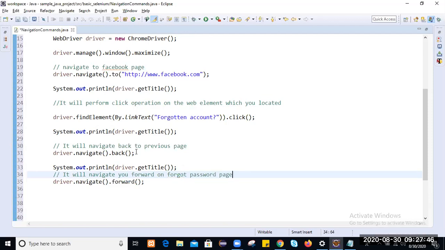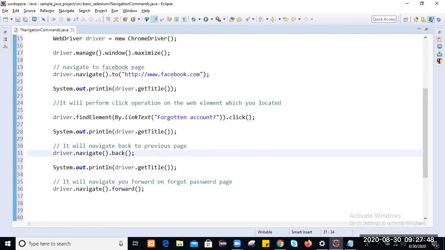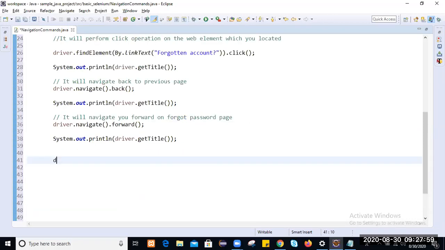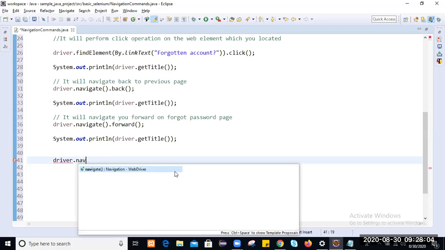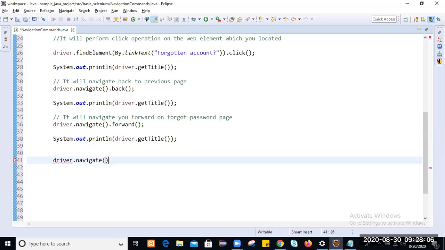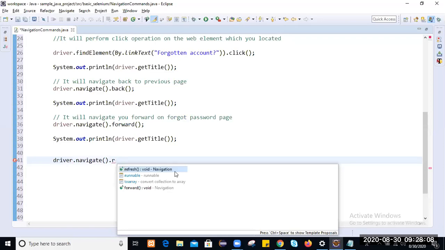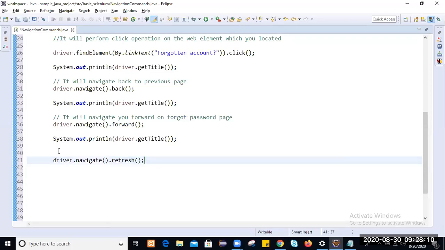On that page you can get the title, and finally once you get the title, you can refresh the page. To refresh any page, just use driver dot navigate dot refresh command.